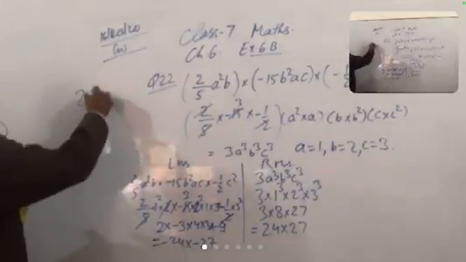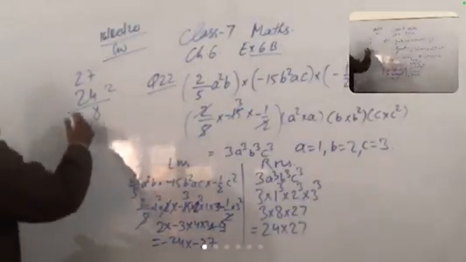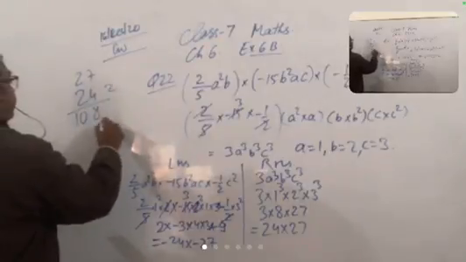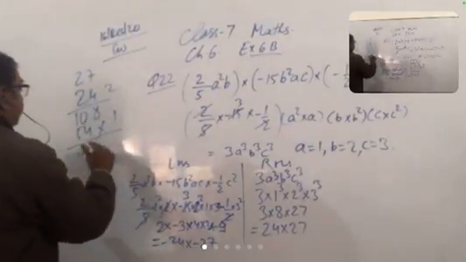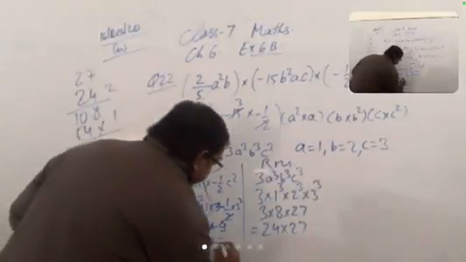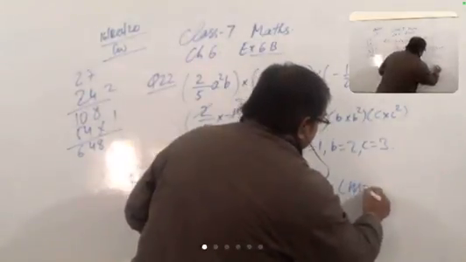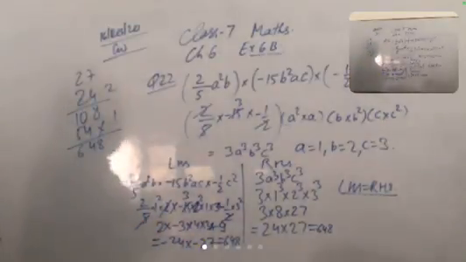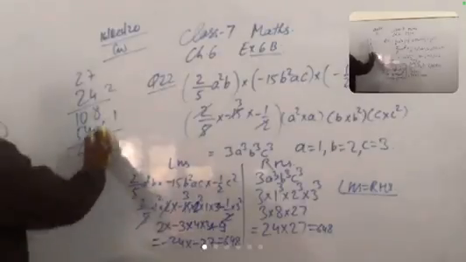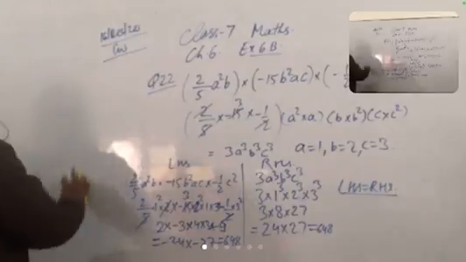Now 27 multiplied by 24. 4 7s are 28, carry 2; 4 2s are 8 plus 2 is 10. Then 2 7s are 14, 1 carry, 2 2s are 4, plus 1 is 5, so 648. 648 is the answer, and here it is also 648. Now LHS is equal to RHS. Do the correction in the same. Do the correction, please.